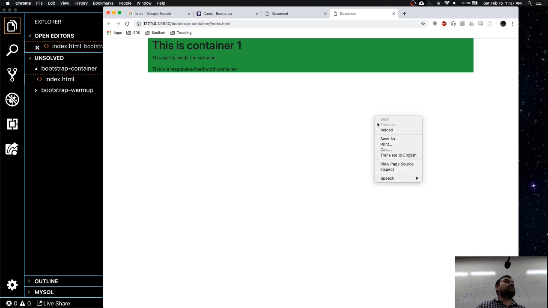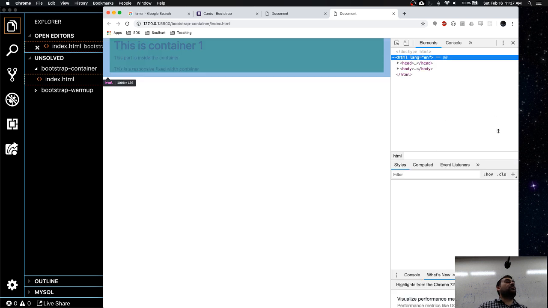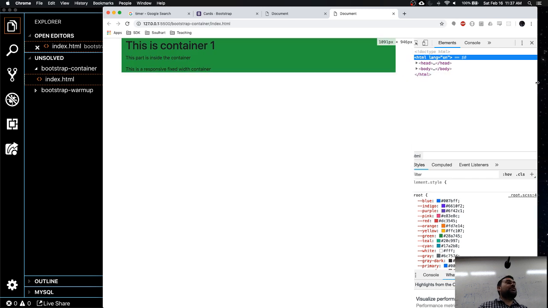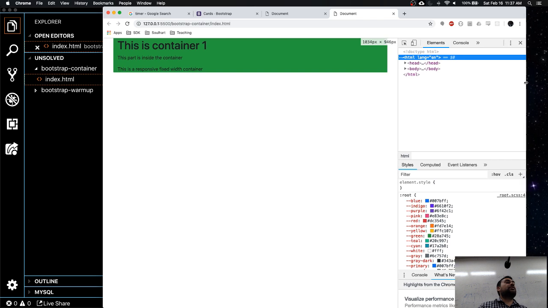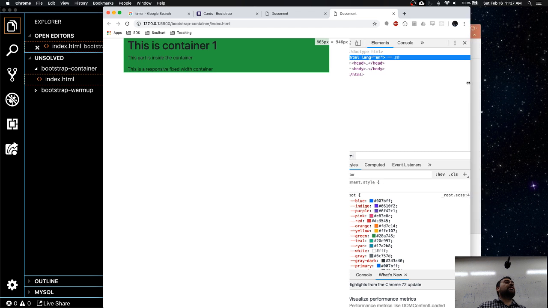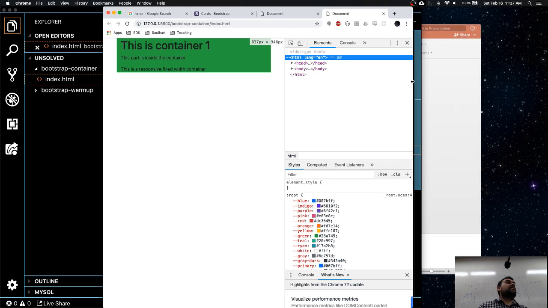We call those breakpoints. What this means is, if I go into inspect, you see the pixel width coming up here. Take a look at this. What's the width? Going down, going down, going down, and it changes at certain points. Remember our grid thing? At certain breakpoints, it goes and changes as well. That's the default behavior of Bootstrap. Thanks to Bootstrap, you don't have to worry about changing anything.